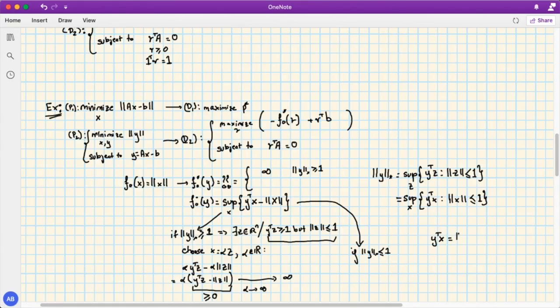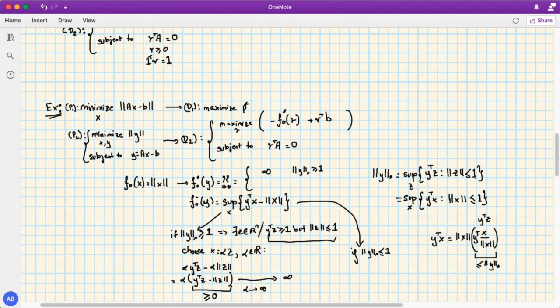So I multiply by the norm of x over here, and then I get y transpose times x divided by its norm, right? As such, now I can say that this term over here is actually upper bounded by the dual norm of y. In other words, this is less than the dual norm of y. And why is that? Well, because this term is of the form y transpose z, where z is x over the norm of x, and hence